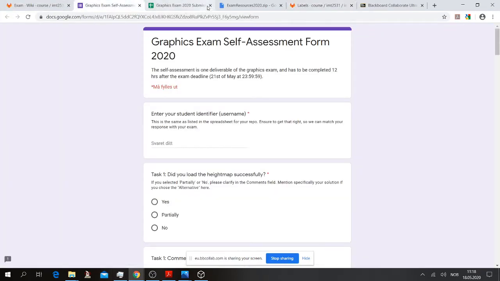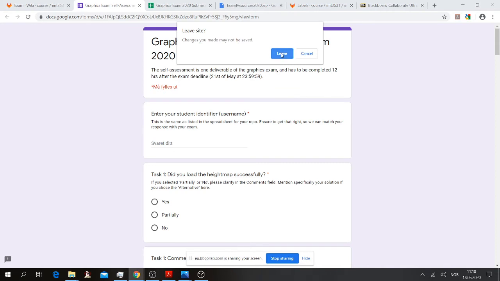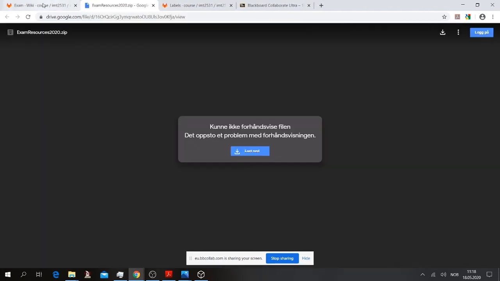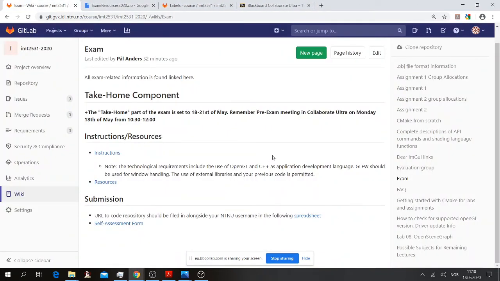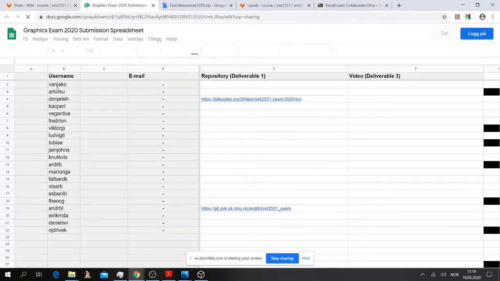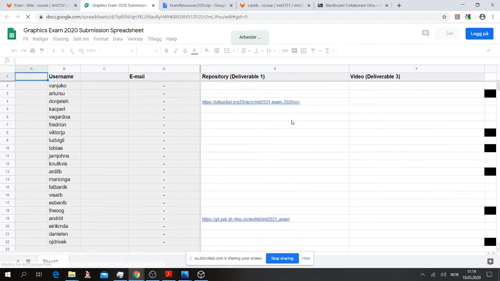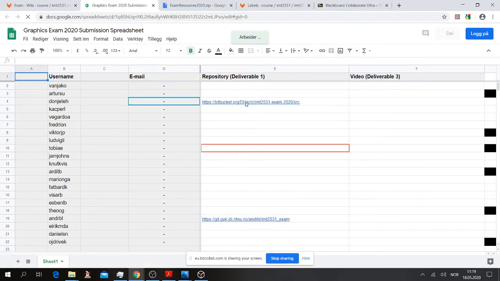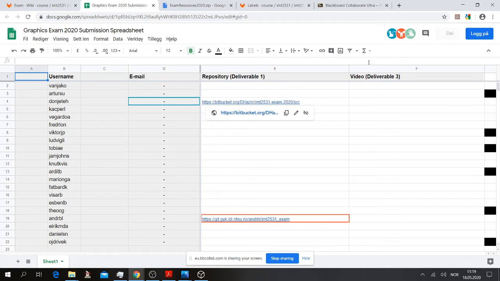So here under the exam you have this spreadsheet, you click that one and you should get this up. By your username, it's nice, someone has put it up already. Yes, this I encourage everybody to do. Find your username, put up your repo here at once, and then check if it works, make sure we have access, at least before the deadline, because all you need to do on the deadline is of course just make the last commit.